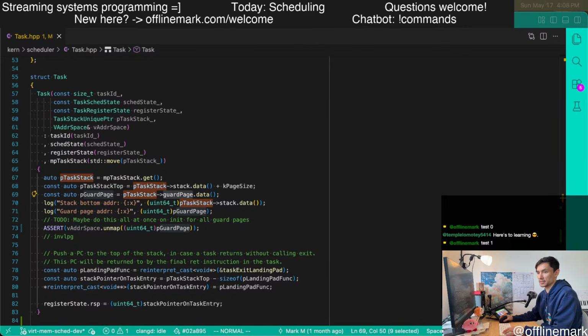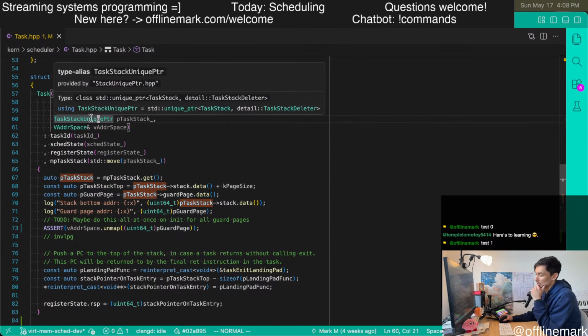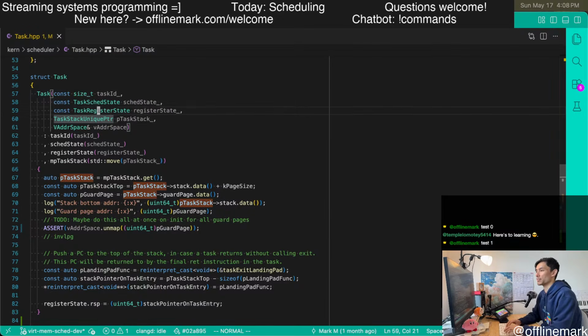All tasks need a stack to run on, and we need to allocate a stack when we create a new task. Then when a task exits, we need to free the stack. So this is a very natural application of a smart pointer, and I'm pretty happy with how things are looking.